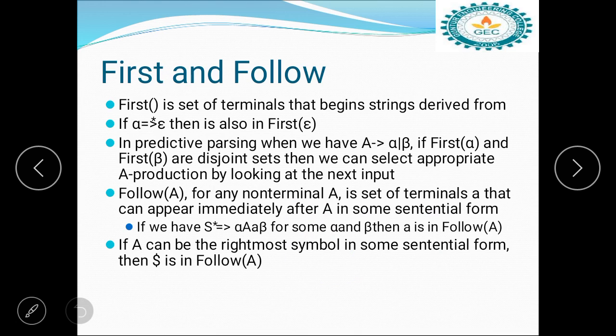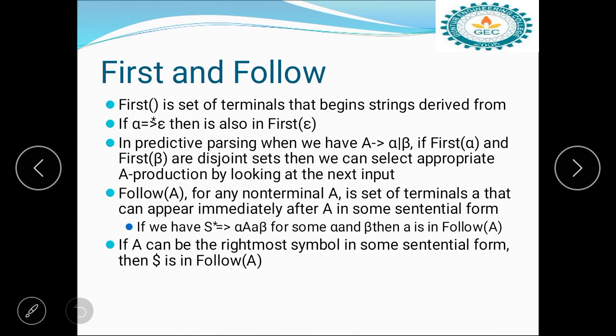First is the set of terminals that begin strings derived from a. If A tends to epsilon, then epsilon is also in first of A. In predictive parsing, where we have A tends to alpha or beta, the first sets help choose a production by looking at the next input.